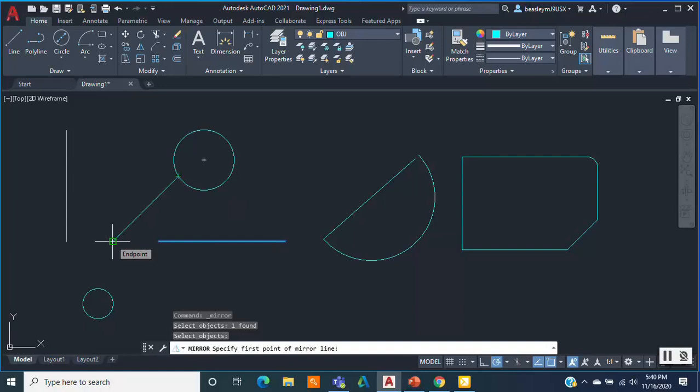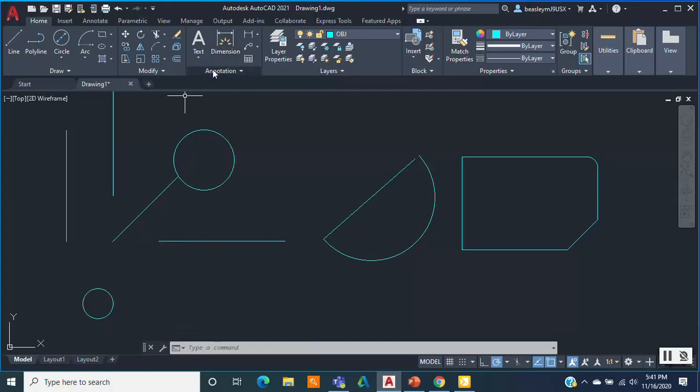So we're going to start at the bottom and then we're going to come up to the top, and it's going to give you an option. Would you like to erase source objects? No. Now you have a mirrored object that crosses this mirror line. These commands allow you to make changes to your drawing's appearance.